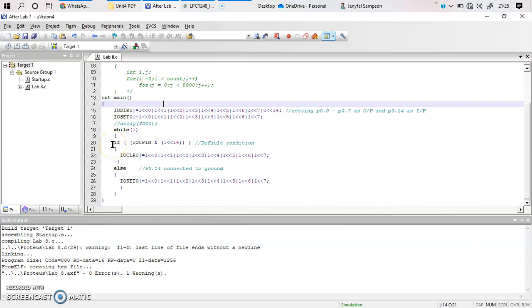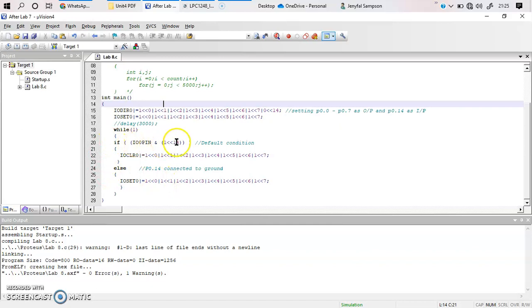So what am I going to do? I have this if condition, and you have an AND operator here. You know that in an AND operation, when both the values are 1, the output is 1. So only when you have both values as 1 will you have an output of 1, which means it will execute this particular line. If any value is equal to 0, you know that in an AND gate the output is going to be 0, and that is when it will come to the else part.